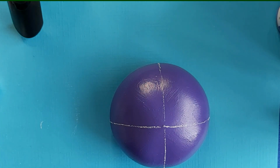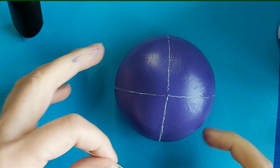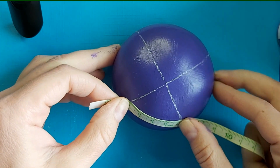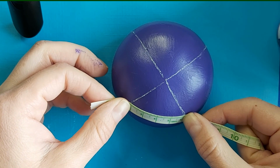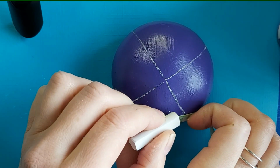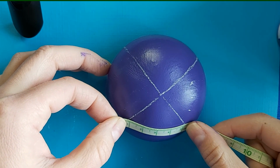So now I'm going to take my fabric measuring tape. This is really handy to have when you're painting anything that's round, any stones. It's a really valuable tool to have. So what I can see here is that I've got 4. I've moved my measuring tape down so that I know when I get to a spot where I have an even amount of space between. So this one I have 4 centimeters here. So I'm marking off here at each centimeter, and I'm going to do that all the way around. So find that space where you